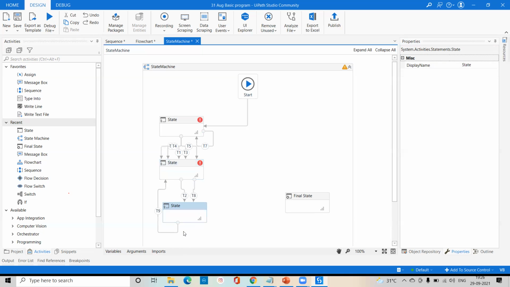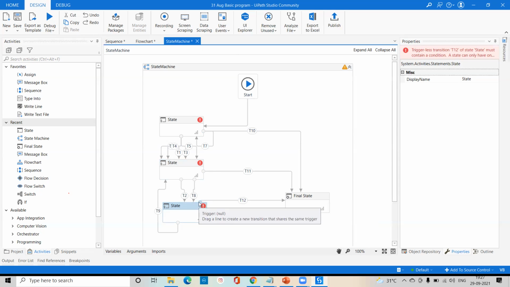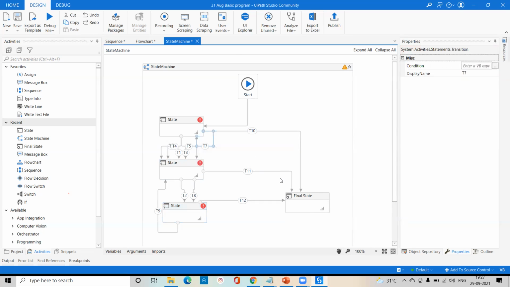This is called reverse. Okay, so reverse transition is possible only between states. There are two types, state and final state. If you are going to connect state to final state, this way we are able to connect, this is called forward transition. If you want to connect any type of state, you are able to connect this way. So try to understand. State means, if you're going to launch any application, you then try to close this application. So if you want to go to the final state, you always have to go for forward transition. So here forward transition is possible.